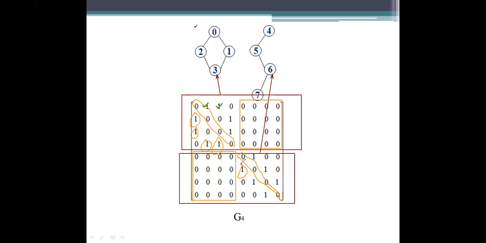If there is a connection between, this is the 5, 4, and then next this is the 5th row, and this is the 4th column, 5th column, 6th column. 5 to 6 is there or not? As 5 to 6 is there, so what we have to do? We need to represent 6 to 5 also. 6 to 7 is there, then we will represent 7 to 6 also.